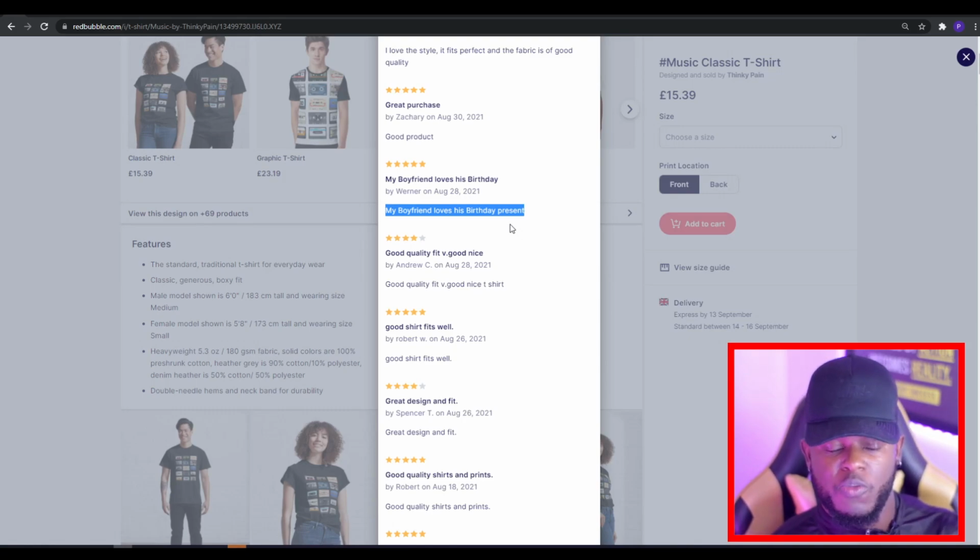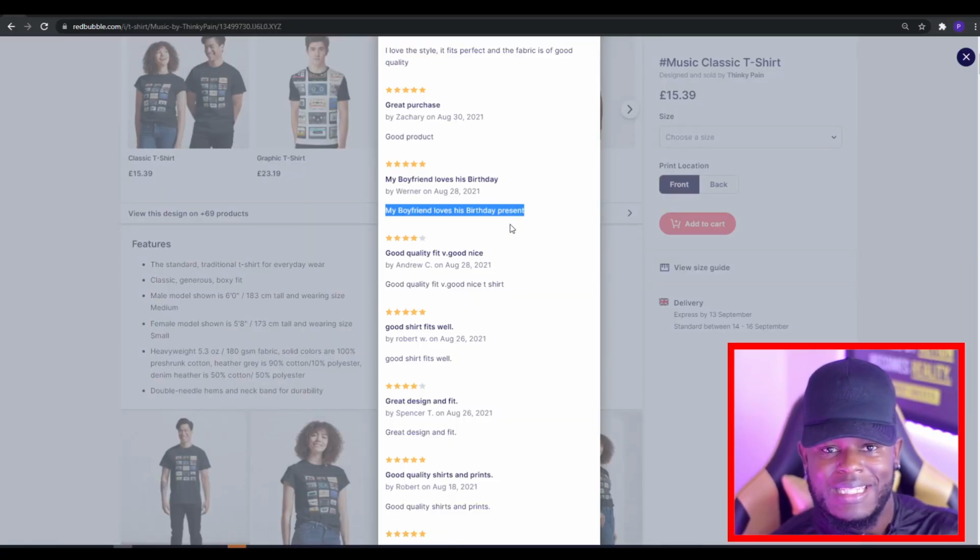These reviews aren't specific to the design that you're on. These are just general reviews for that product. So it could be on any design, but they're all kind of linked together. So when you're reading these, you want to take this information and apply it to that certain product. So in this instance, it would be a t-shirt, and trying to think of a maybe funny birthday related t-shirt